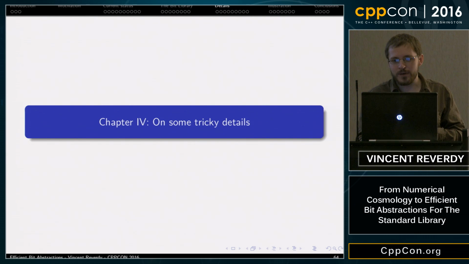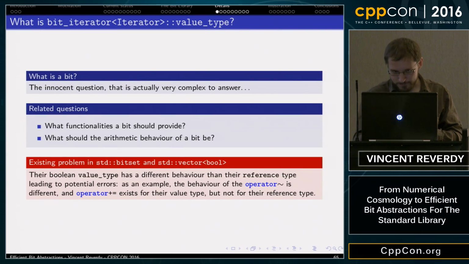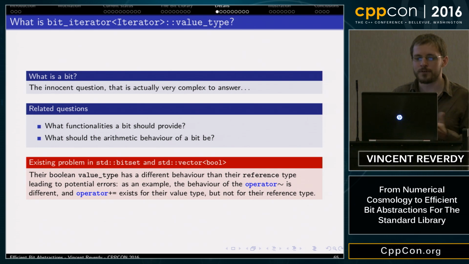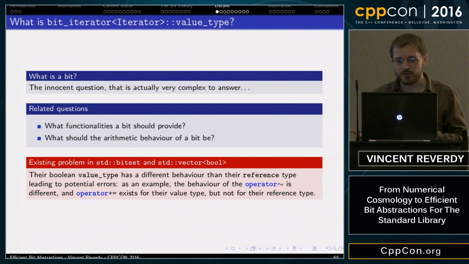So now I will go to some tricky details. When we started to think about this, we wondered, what is a bit? This is an innocent question, but it's actually very complex to answer. Related questions are what functionalities a bit should provide, and what should be the arithmetic behavior of a bit.